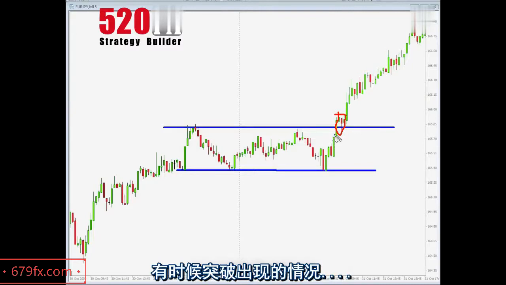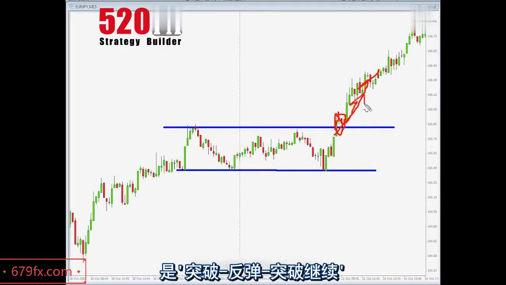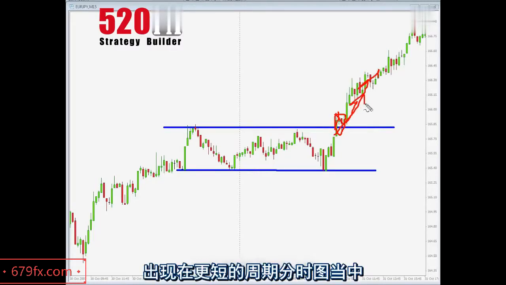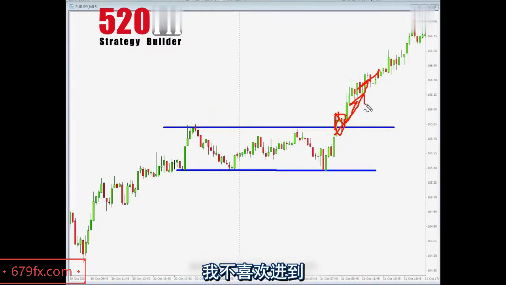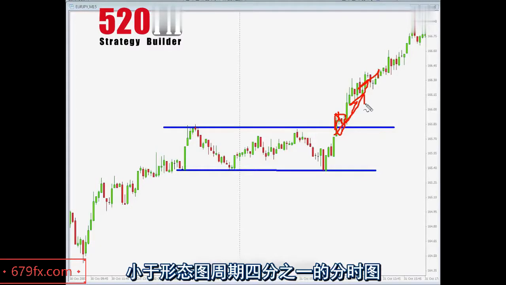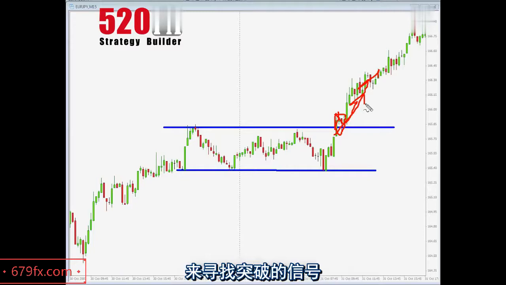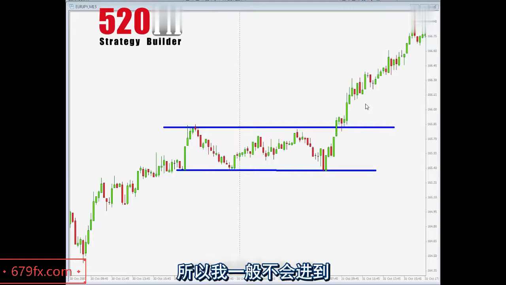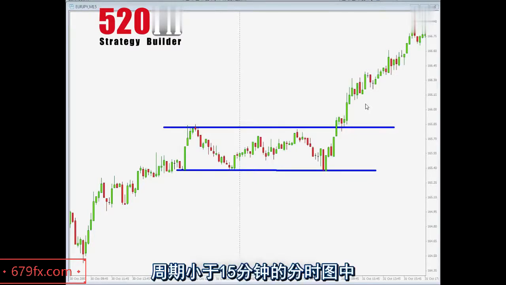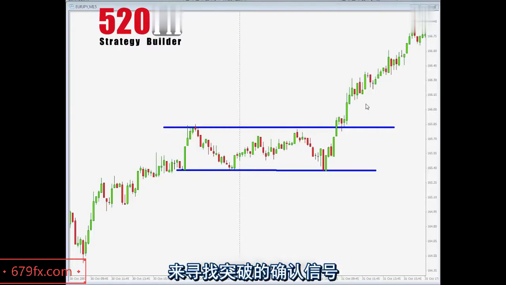Sometimes the breakout takes place, and the breakout pullback continuation might happen on even shorter time frames. I don't like to zoom in too much, okay? I don't like to zoom in farther than, like I was saying, 4 times shorter than the time frame of the setup chart. In this example, the setup chart is the hourly chart. Therefore, I would not like to zoom any farther than the 15-minute chart in order to see that breakout pullback